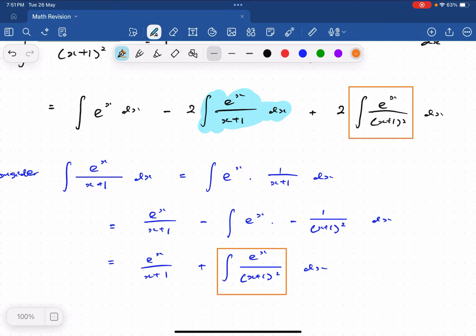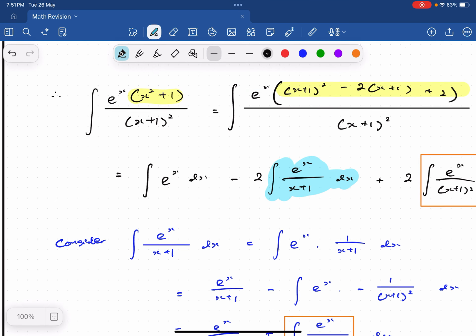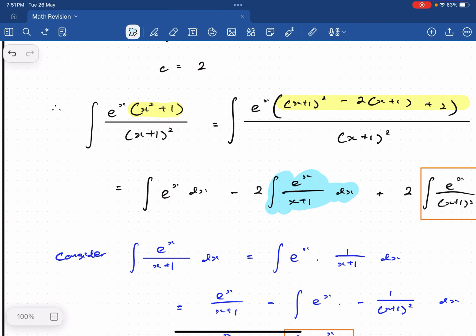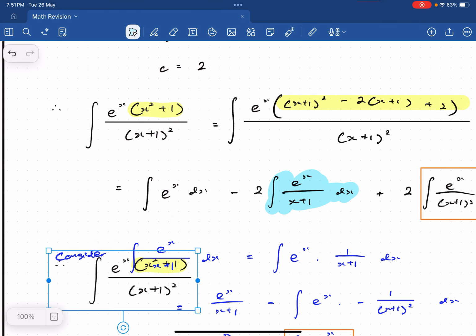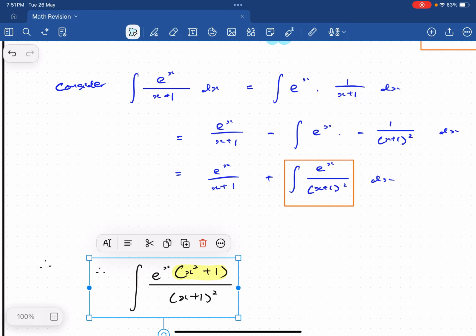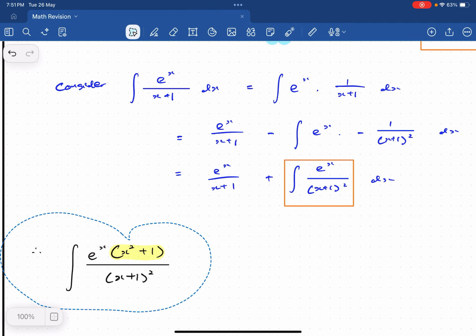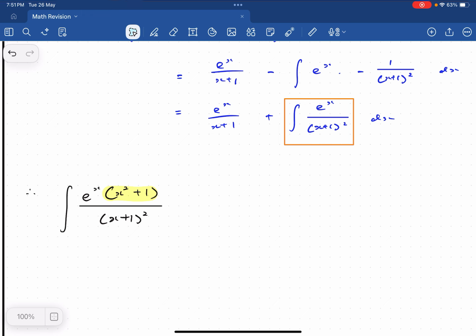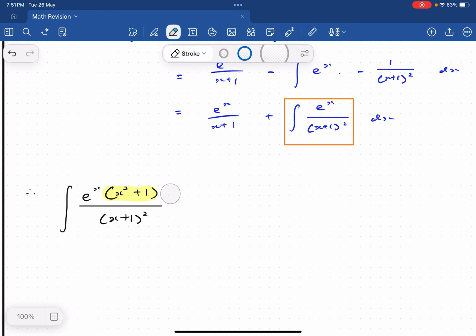So we can incorporate it somehow, right? This means that we can write this integral